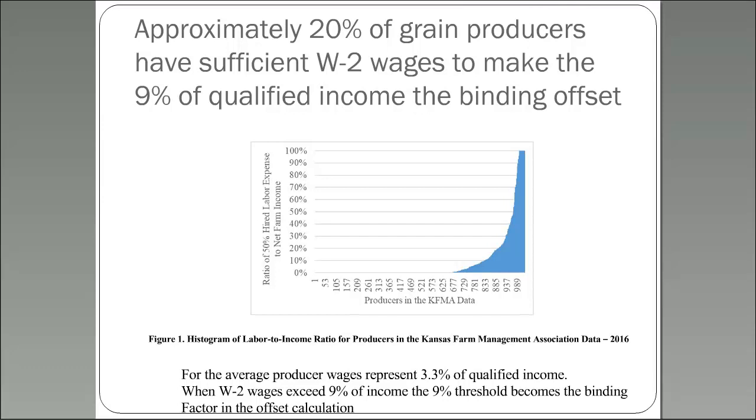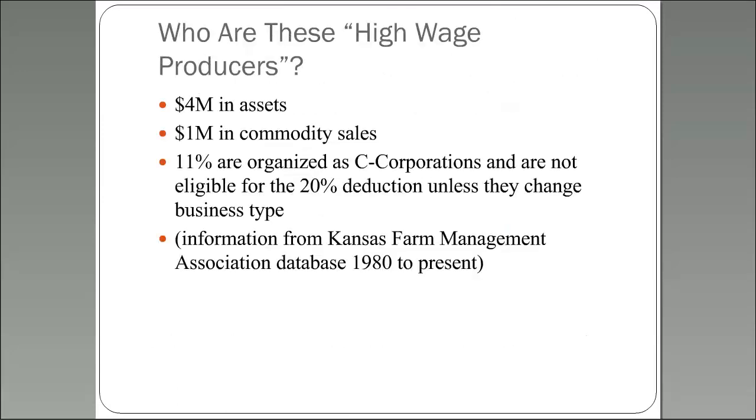I think as we talk about this, the majority of the people we talk to are not going to have enough W-2 wages that this is really an issue. And so that's a real quick answer that we've got out there. If you don't have W-2 wages, don't even worry about this. And then whatever you get from the co-op gives you an offset, that's great. And of course, it's not really going to affect your deduction. So that's one piece.